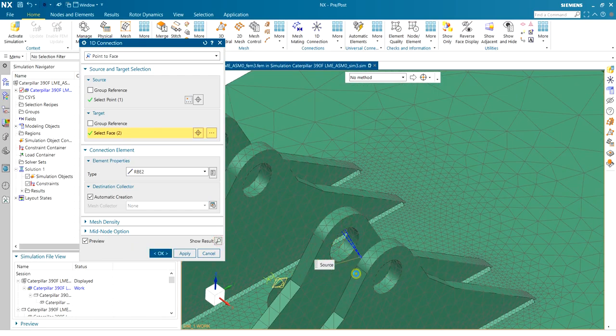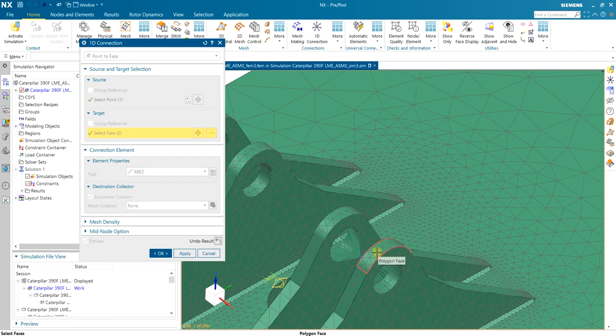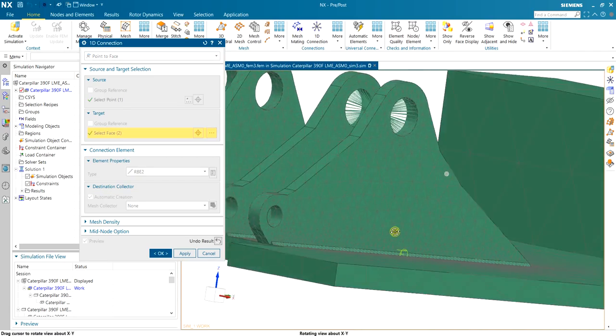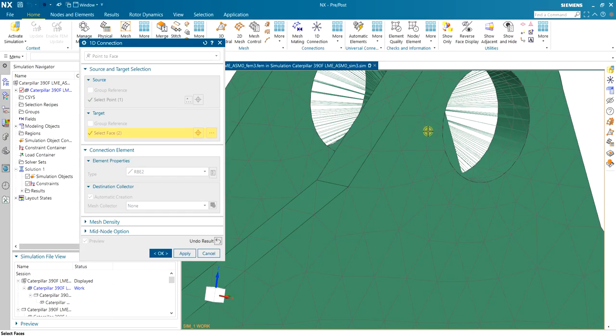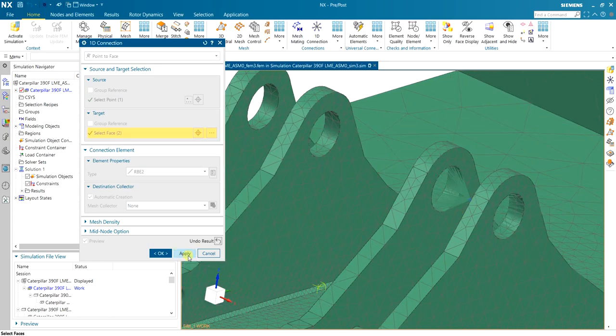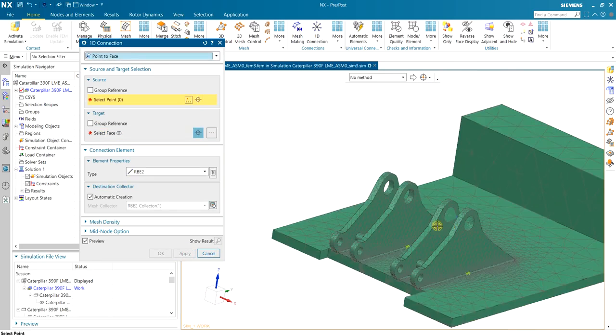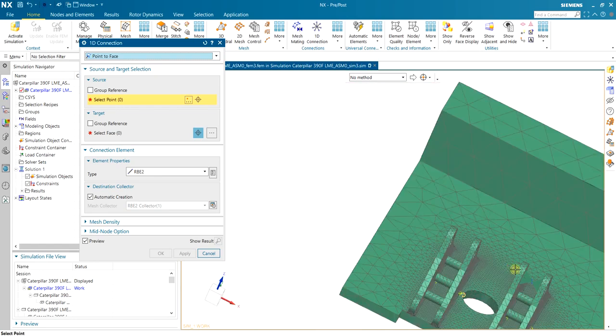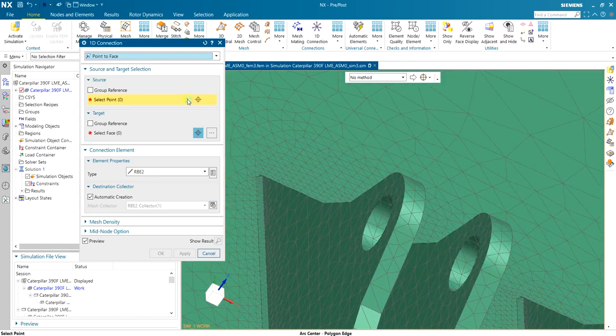Now if I just see the results, we're gonna see a kind of a spider that is transferring the load with rigid body element, which is what we actually want. So this is going to be the first one. The second one is exactly the same for our